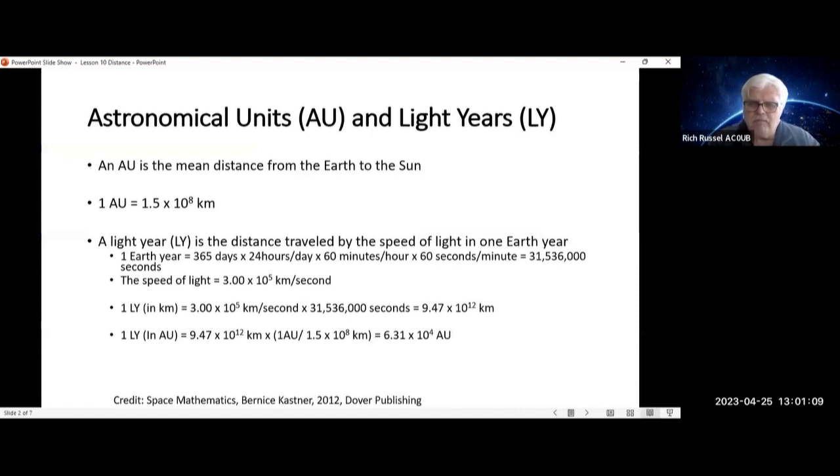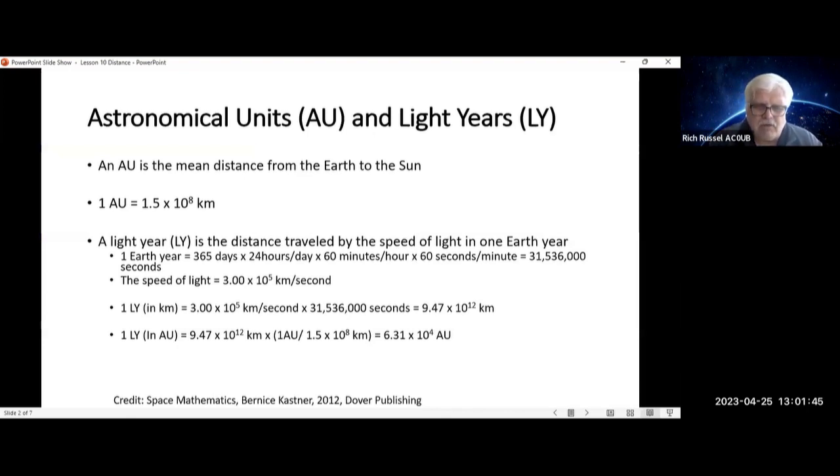31,536,000 seconds. Since the speed of light is 3.0 times 10 to the 5th kilometers per second, 1 light year in kilometers is equal to the speed of light, 3 times 10 to the 5th kilometers per second, times 31,536,000 seconds. It's equal to 9.47 times 10 to the 12th kilometers. 1 light year